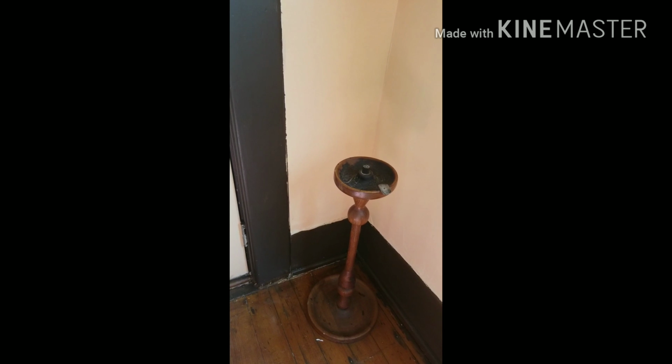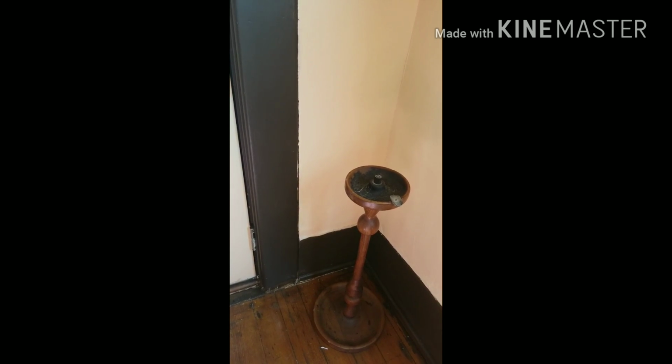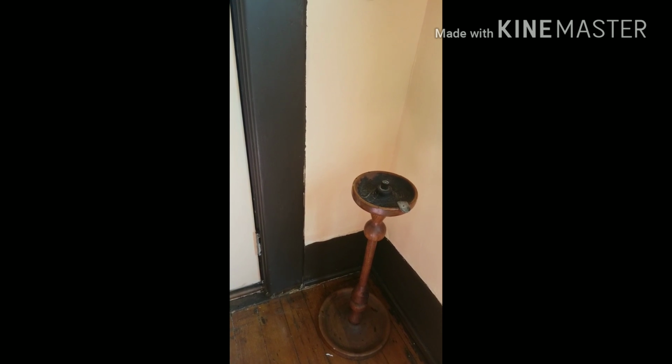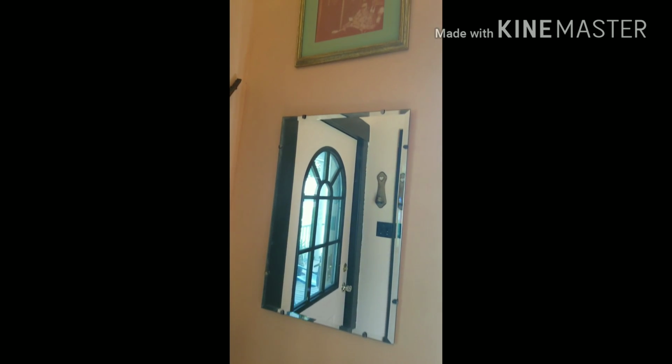On my mom's side, my mom's dad, I never got to meet him. He died in 1957 when my mom was 12. I never got to meet him, of course. And then we have a mirror. And then we have a picture of